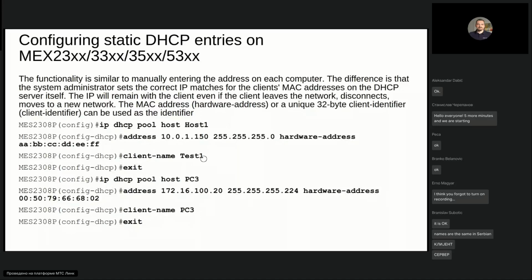What about the host pools that I mentioned earlier? The host pool is determined for disseminating the IP address directly to the endpoints with known MAC addresses. For example, there are some kinds of endpoints,